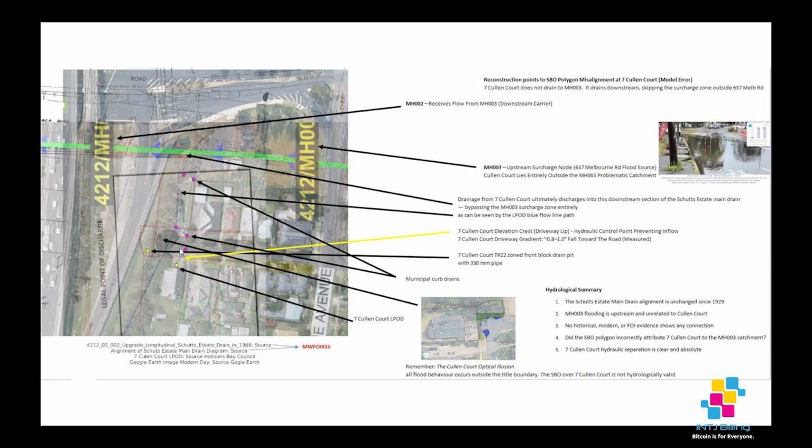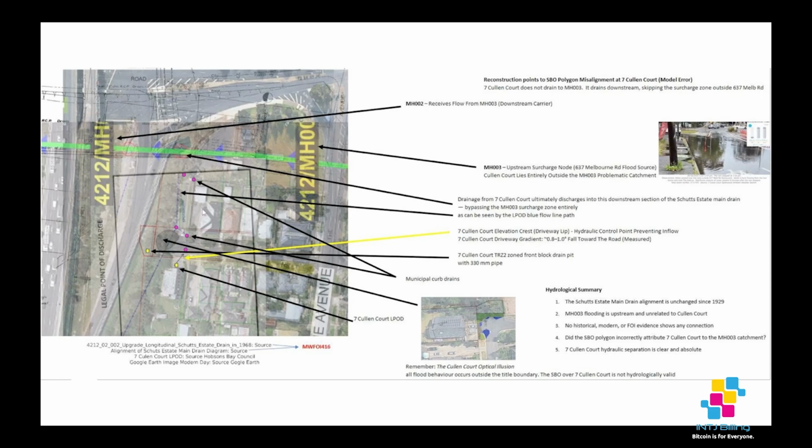Okay, so our 7 Cullen Court TRZ 2 zone front block, the pit is here. That's the pit with 330mm pipe. The Hobsons Bay legal point of discharge, as you can see, we've got this line here, and here,